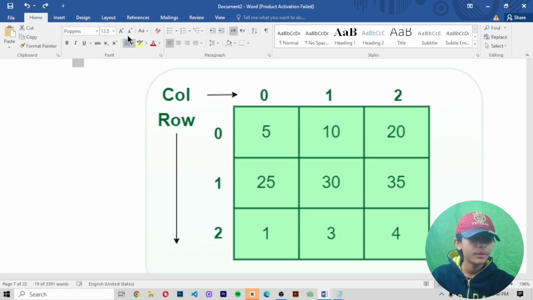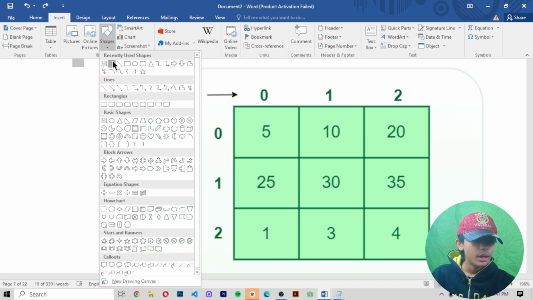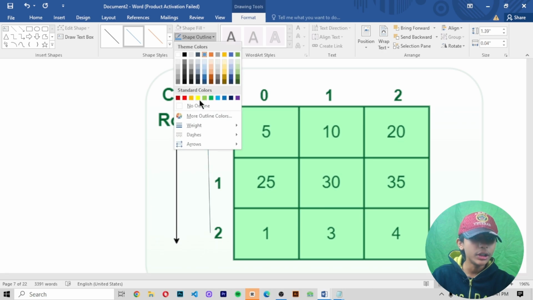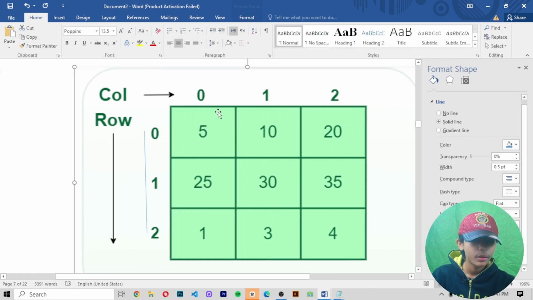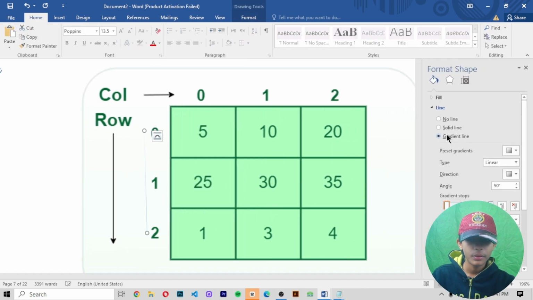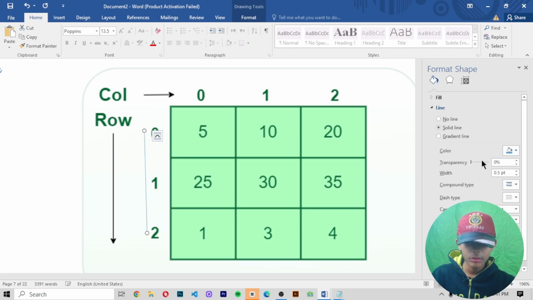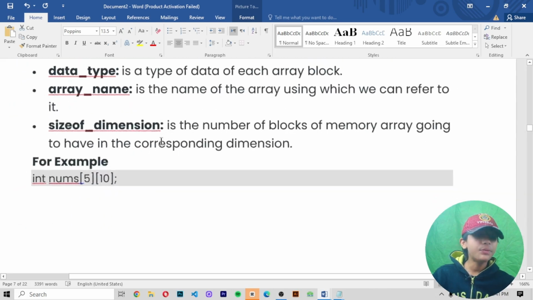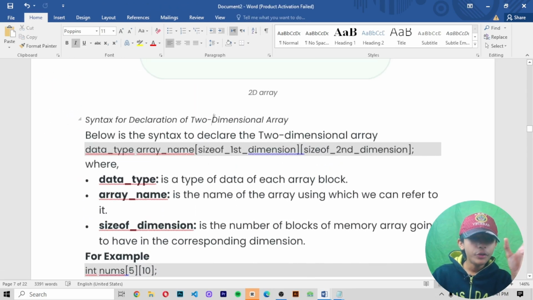Let me explain: these are rows, and these are columns.